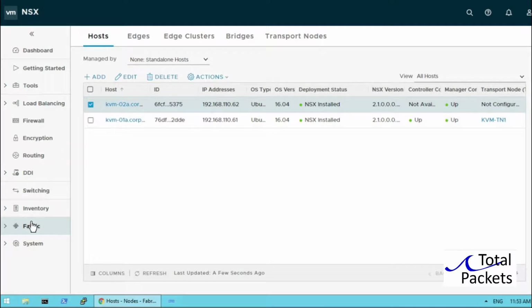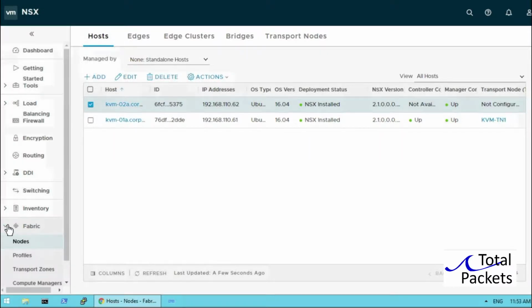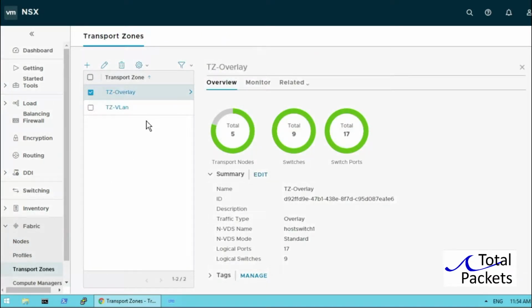Now let's take a look at the transport zone that already exists, and then we'll add the KVM host as a transport node. To do this, we go down to Fabric and Transport Zones. And if we take a look at the transport zones that already exist, we can see this is an overlay transport zone. Host switch 1 is the name of the VMware distributed switch. So going back to nodes,